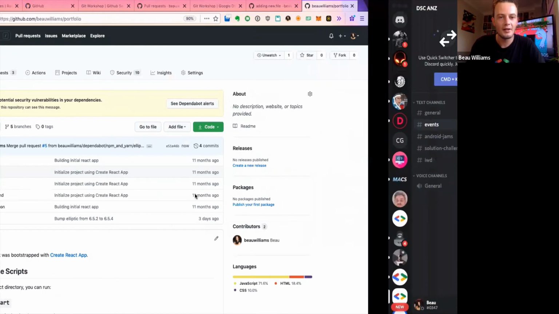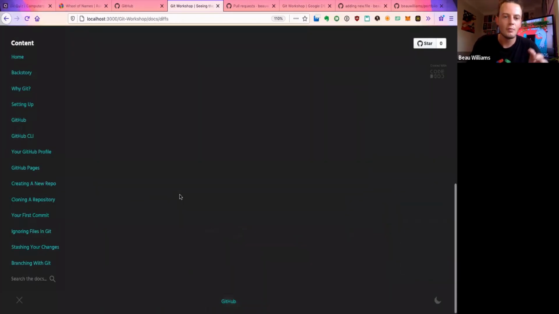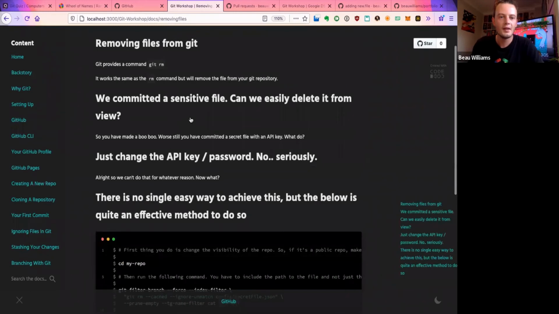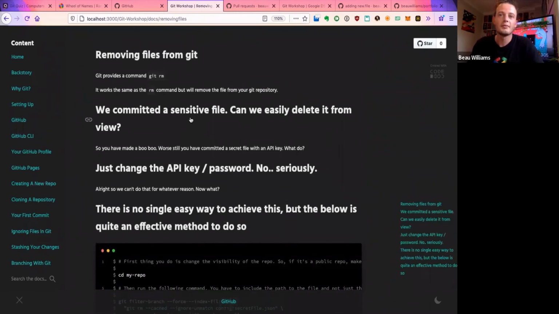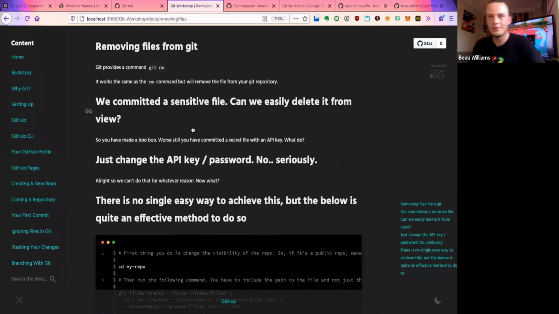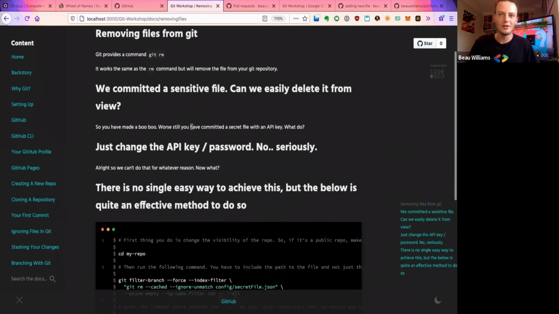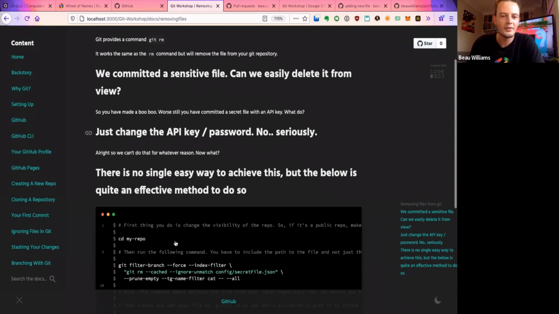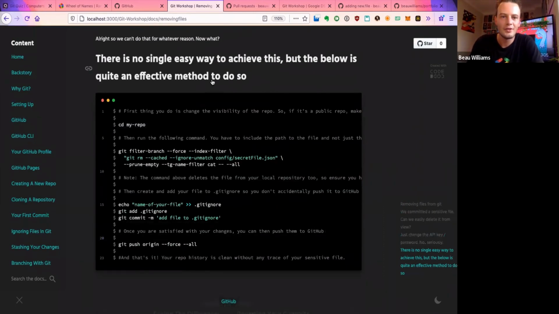All right, so the next thing we're going to do, here's an option to look at the differences, and I won't cover that off, but please follow through afterwards if you'd like. We can also remove files from Git. So I realize it's about 3:05 now. This is actually taking a lot longer than I expected, but that's all good. So now removing files from Git, here's an instruction for doing it.